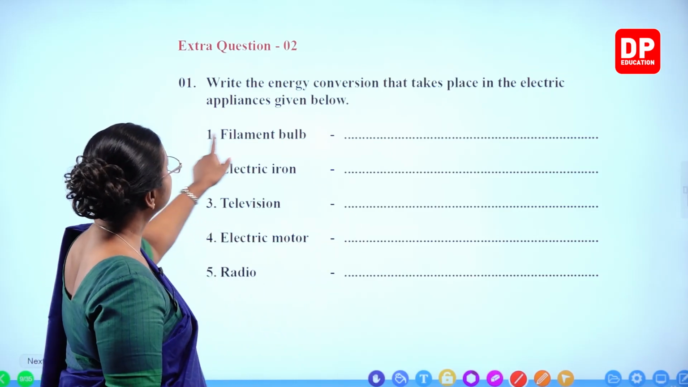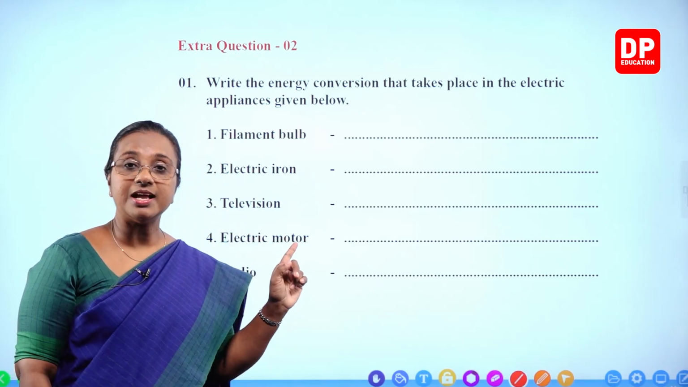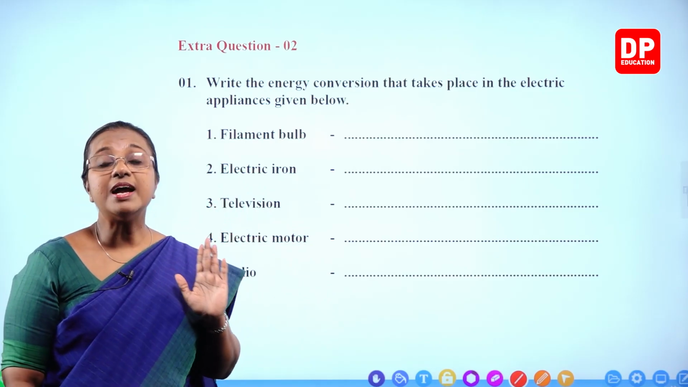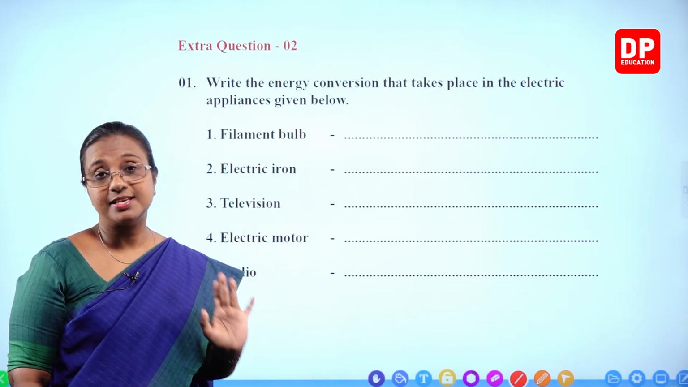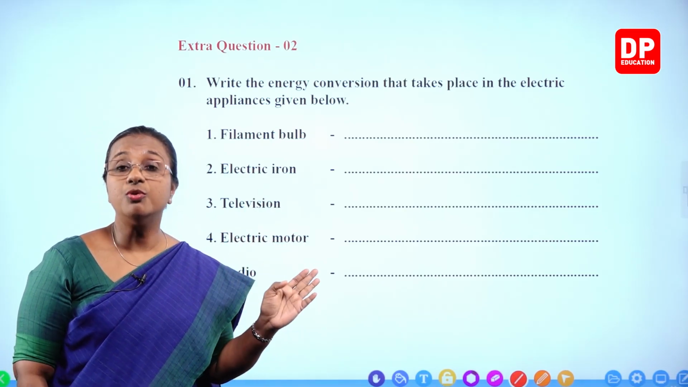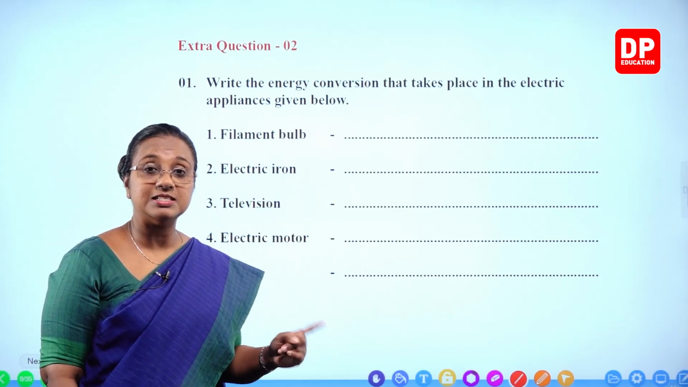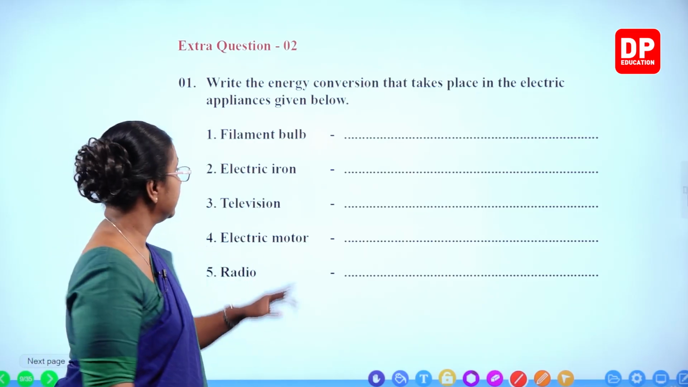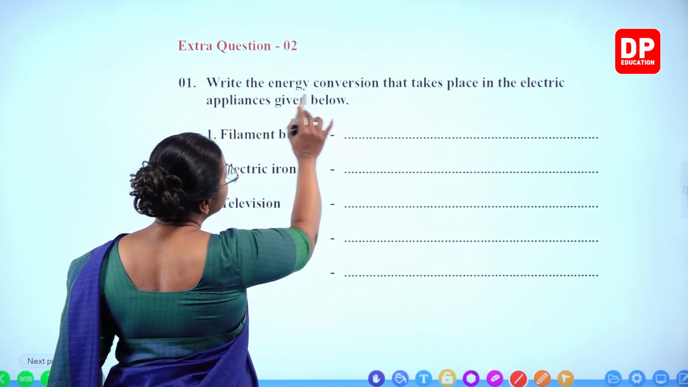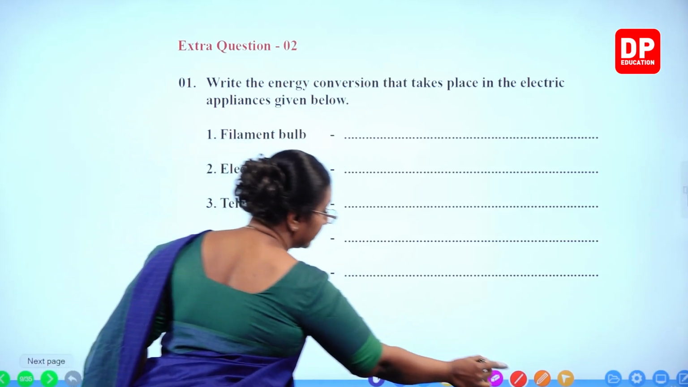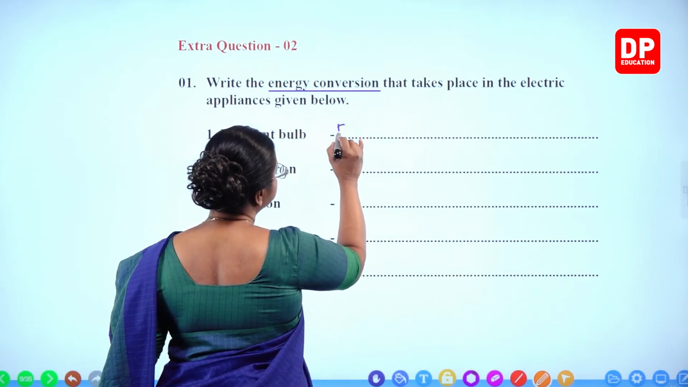But the question is to write the energy conversion. So, here what we will do is we will only write the electric energy and the final energy that you obtain. We don't need to write the intermediate changes taking place, but you have to know that. Now, filament bulb, like I told you all, initially electricity becomes heat energy, then only light energy. But here, if we write light energy, that is fine. So, write the energy conversion. Since they say energy conversion, it is better to write